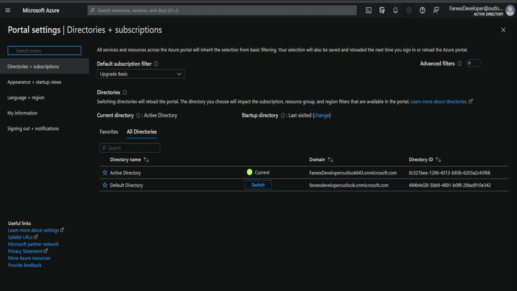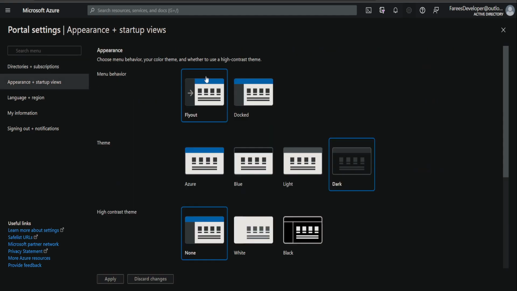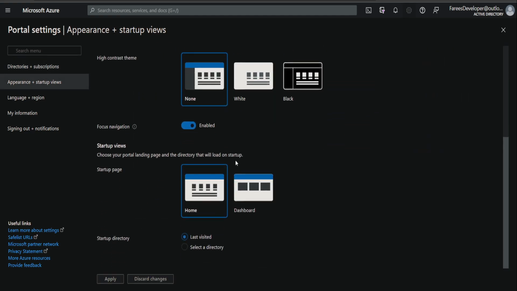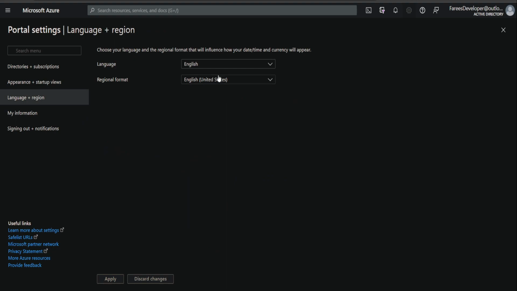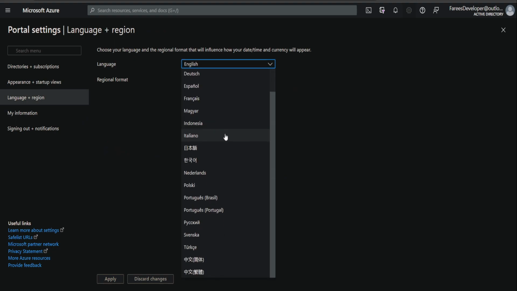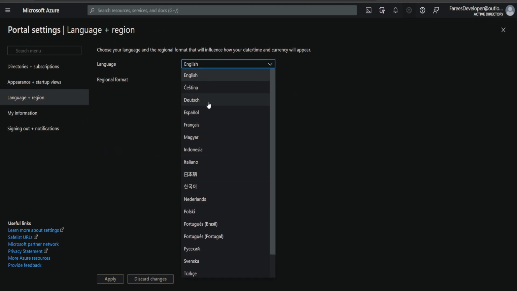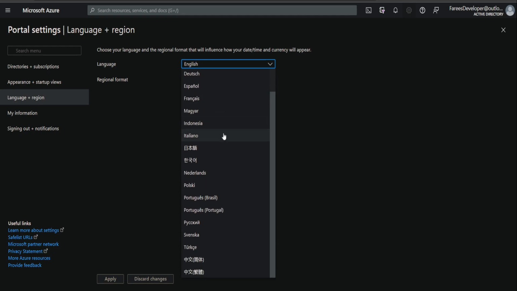If I create and give you a different account, it's going to be different. But if you provide an email ID and I give access to my subscription and my things, a separate directory will be created. That's the thing. And how you want your website to be: those were the languages. You can see this many languages available, so you can go with your favorite language